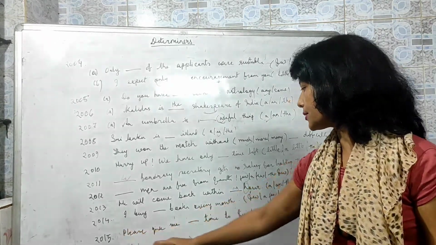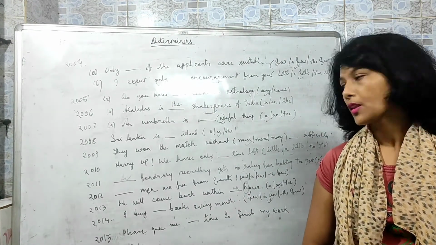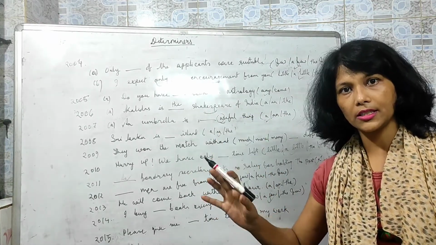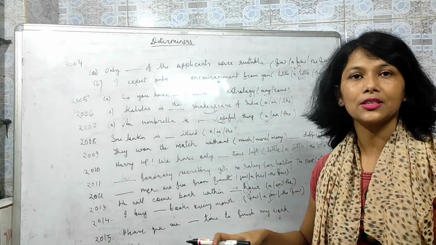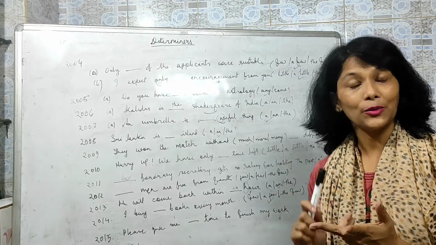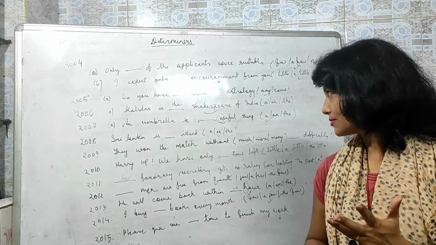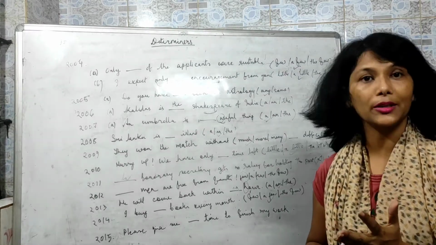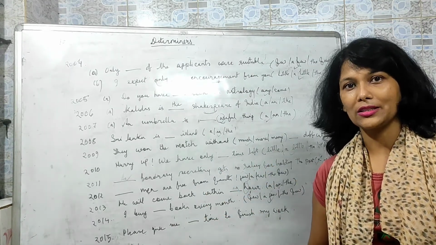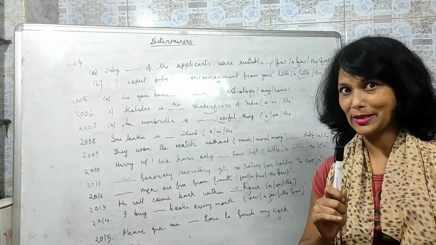In 2015 there is no option. See, sometimes there may be no options also. So please know the determiners. What are the determiners? And we have seen what are the most common determiners. A and the. Few, a few, the few, then any, more, a and the. I think these are only the determiners which are coming again and again. So, try to learn these determiners very well. So, these are the most common determiners that come in your HSLC question paper.